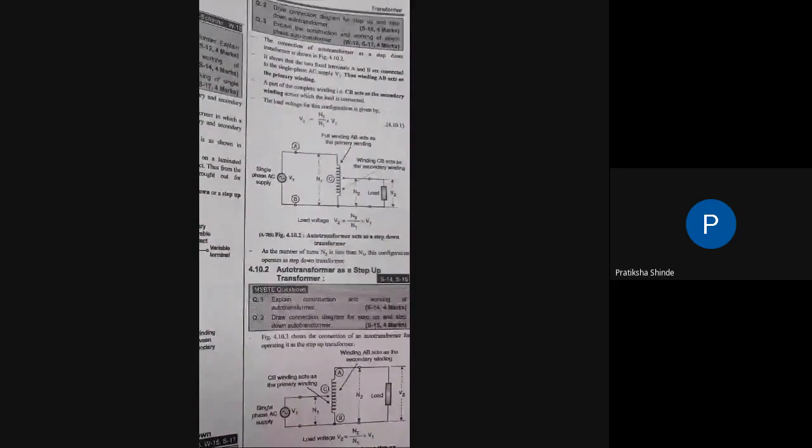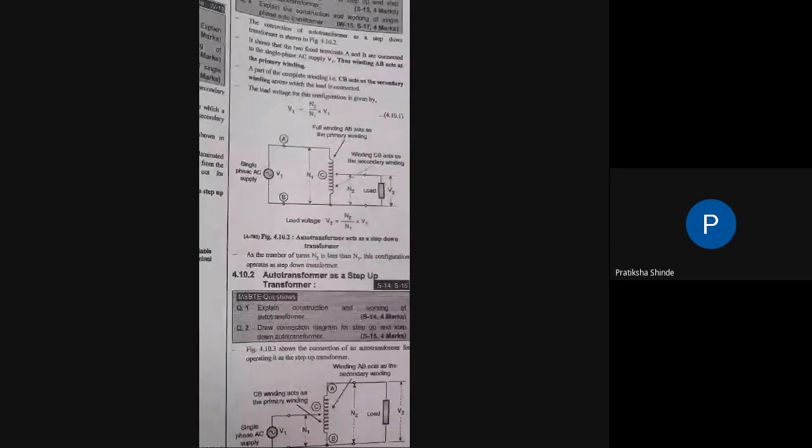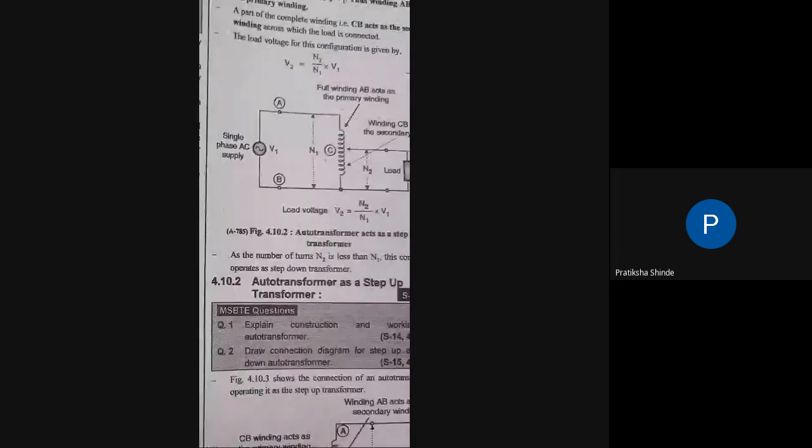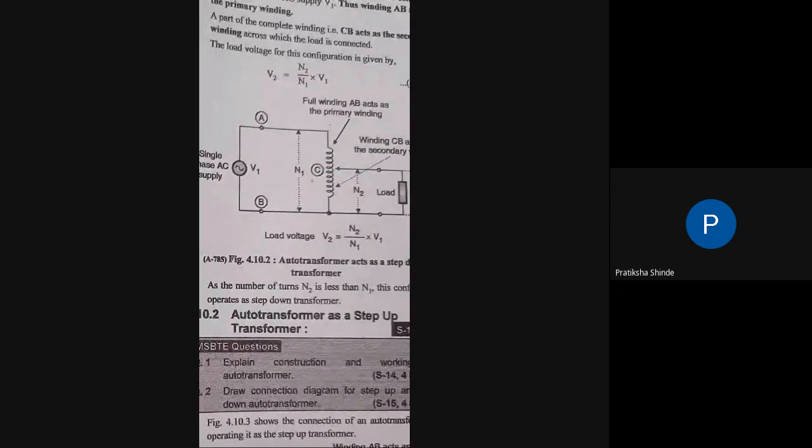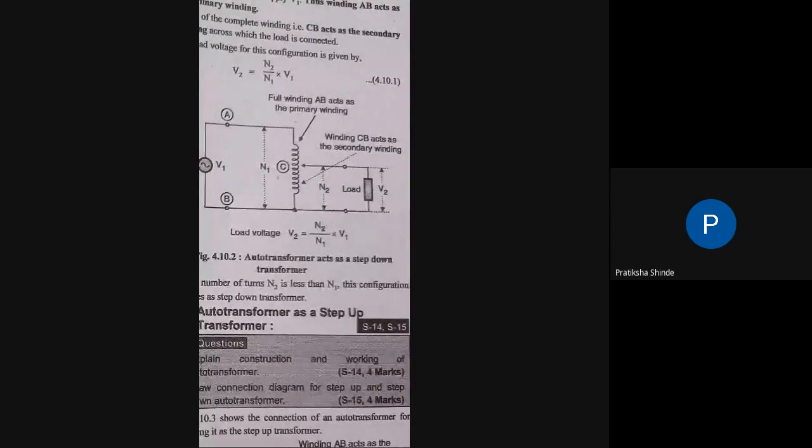So whenever the auto transformer is operated as a step down transformer, see this diagram, how it will be operated. At the primary side, single phase voltage is given, maximum number of turns, that is N1, voltage is V1, current flowing through the winding will be I1. But the variable terminal is at the center. So the number of turns which comes to the contact